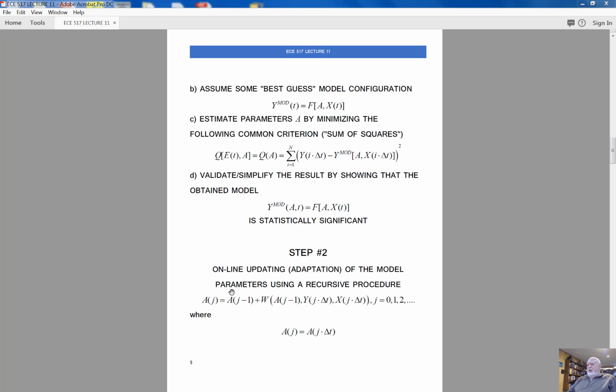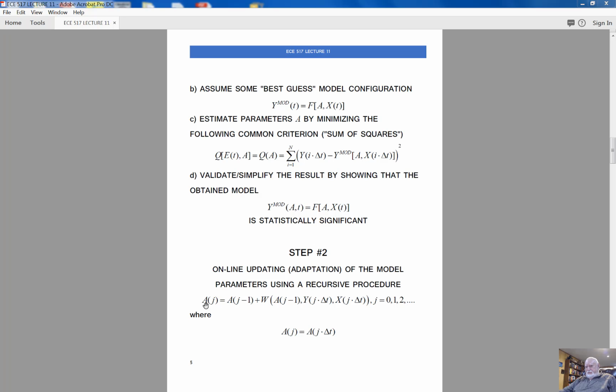Recursive means a step-by-step procedure. It also could be called an iterative procedure, performed iteration by iteration. But the word iteration implies that we make our system better and better. Perhaps we are. So you can call it a recursive procedure, you can call it an iterative procedure, but the procedure normally